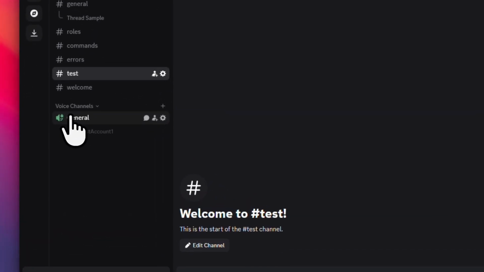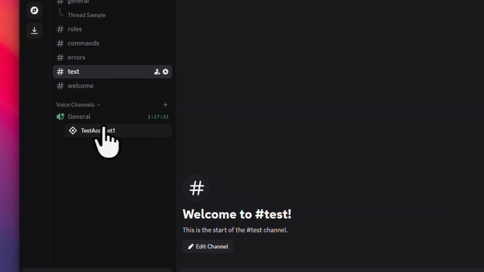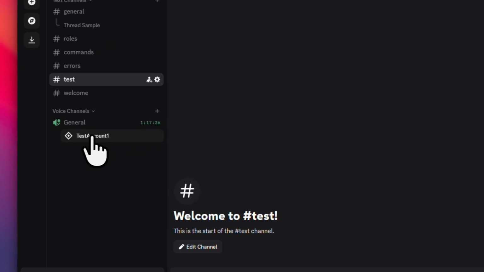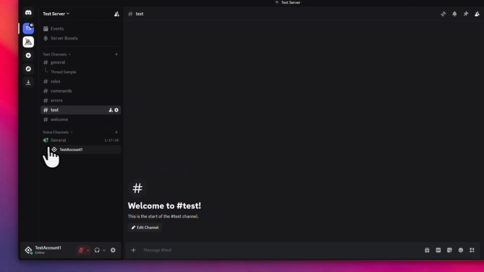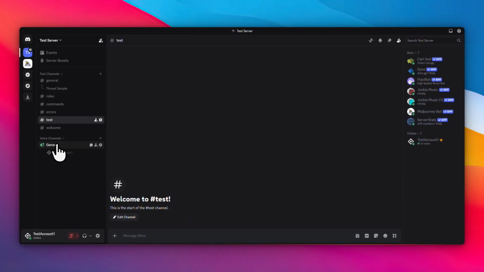Start by joining a voice channel in your server. Voice channels are listed in the server's channel list, usually under a section labeled Voice Channels. Click the one you want to use and make sure you're fully connected. You'll know you're in when you see your profile avatar appear in the channel's participant area and you can see the voice controls. If your mic or headphones need adjusting, do that now so everything is set before you bring